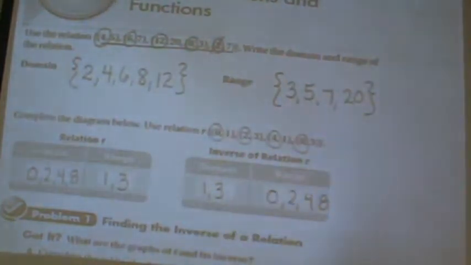Opposite means what? Change the sign. Reciprocal means flip the fraction, the numerator and denominator. And